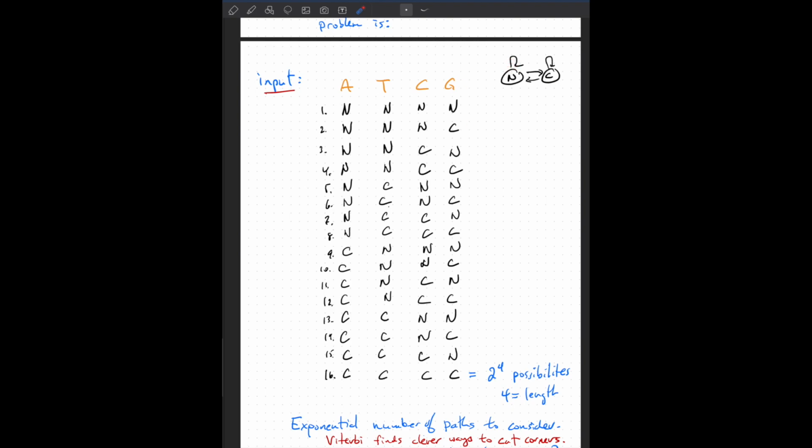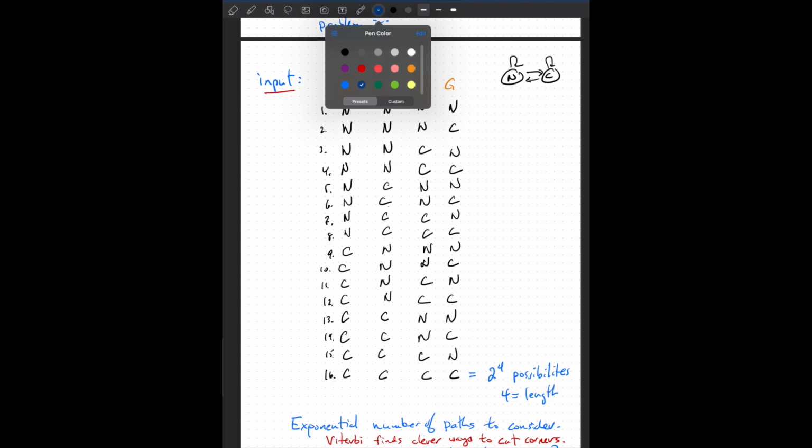So non-coding, and I switch and I hit and I emit the G. I could have non-coding, non-coding, coding, and if you recognize this, you can ask how many possible different transitions there are on a sequence of length 4. It would be 2 to the 4 possibilities, and that's really easy to see if you